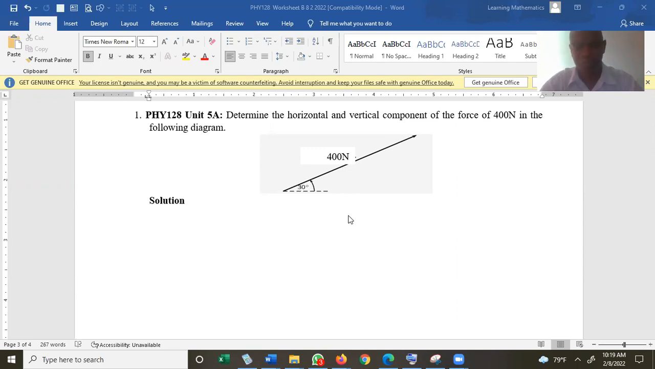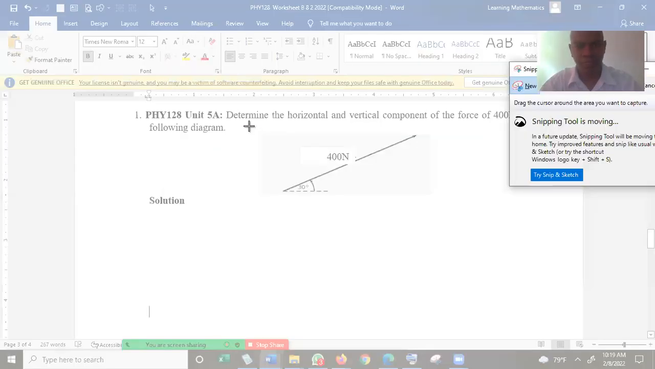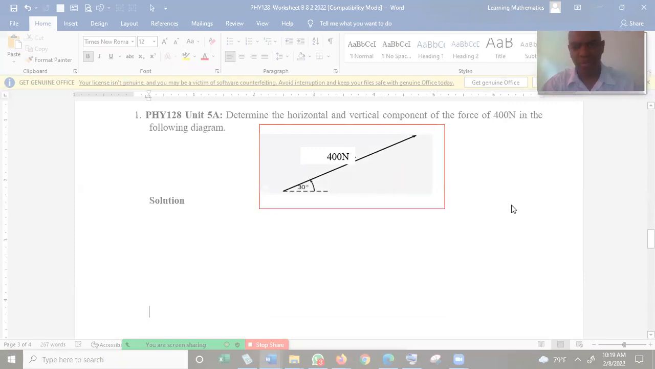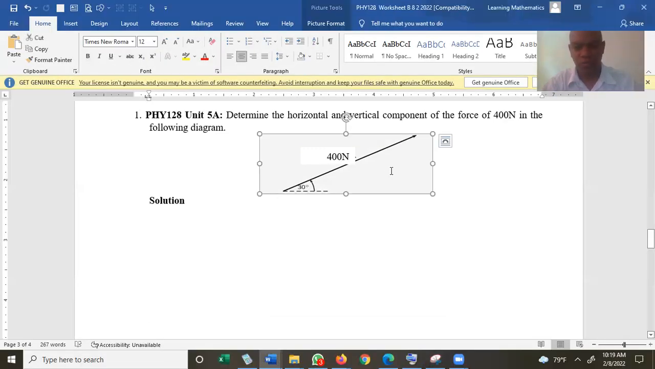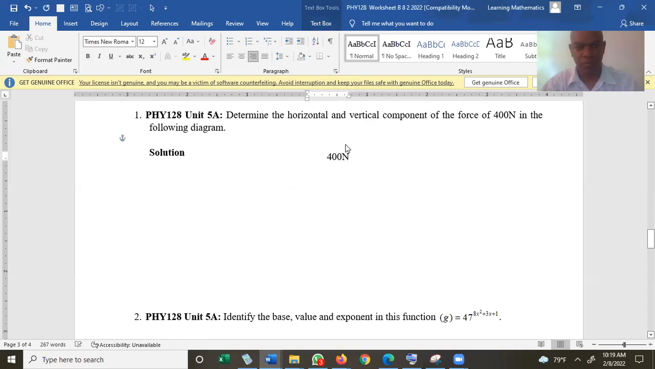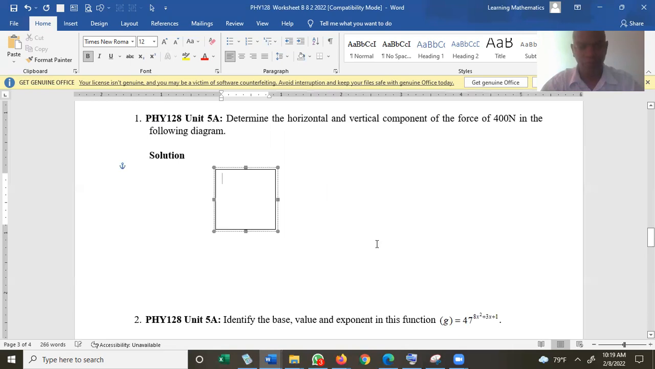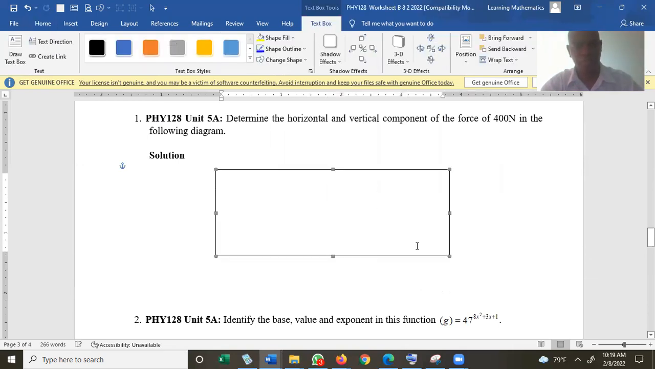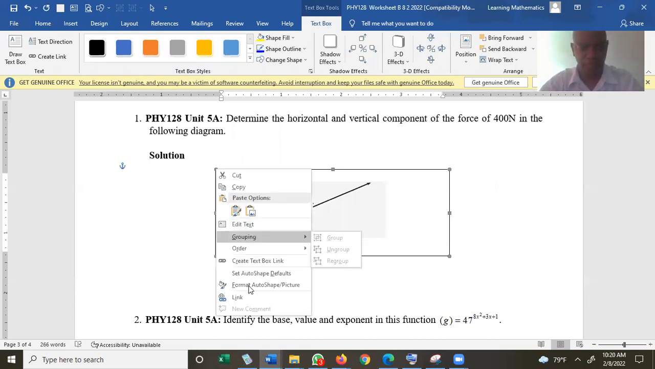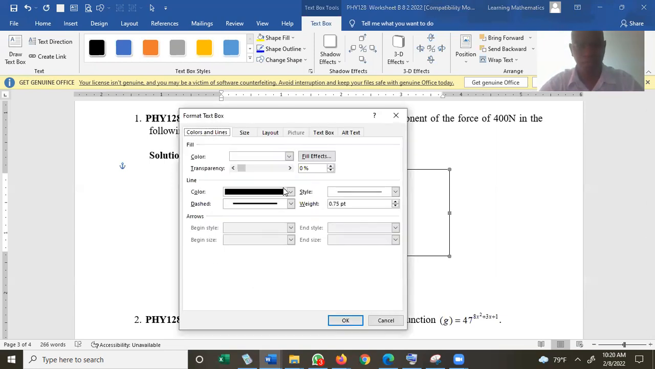complete the free body diagram, as we sometimes call it, to separate the force, to separate this 400 newtons into its horizontal and vertical components. And what that will do now is allow us to identify the